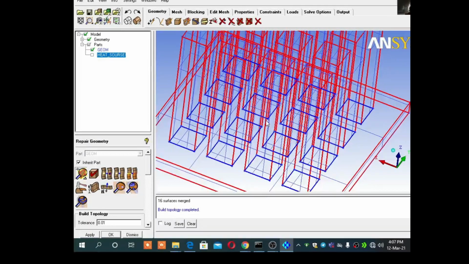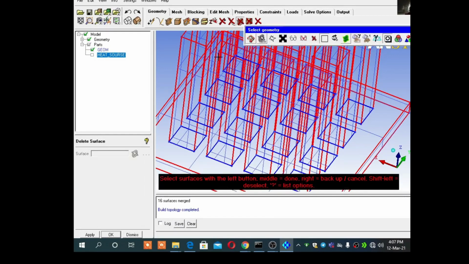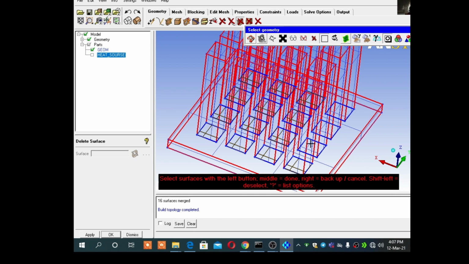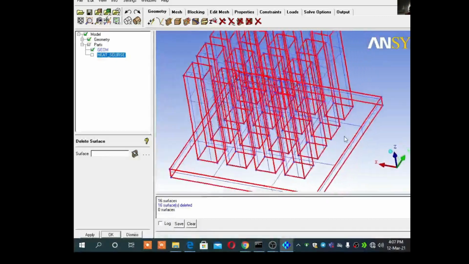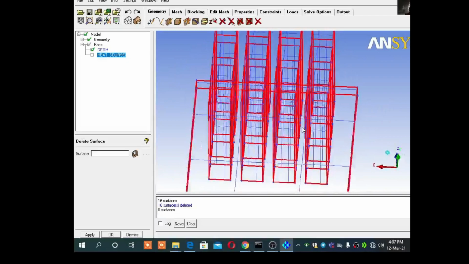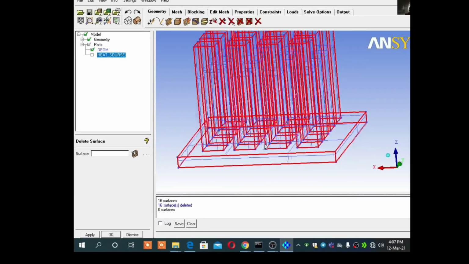So for that purpose, I will remove the surface which is at the base, so that I can assume it is a homogeneous material, and whatever property I give, that is along the fin also. So that is my purpose. You can assume different materials also, but in most cases whatever the base material is, the same type of material is always there for the fin.